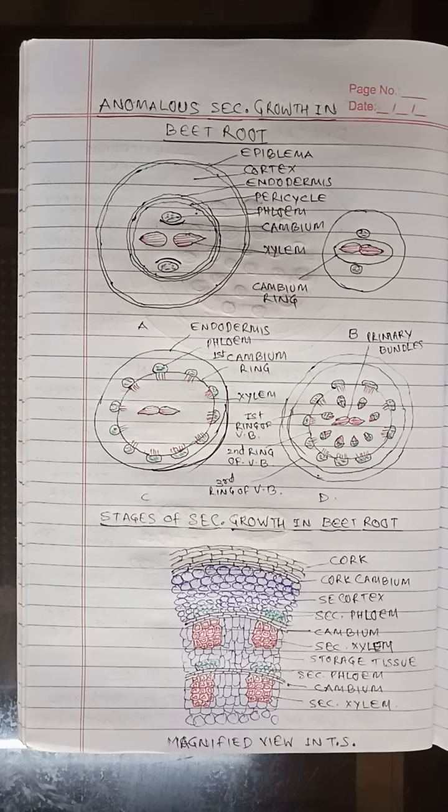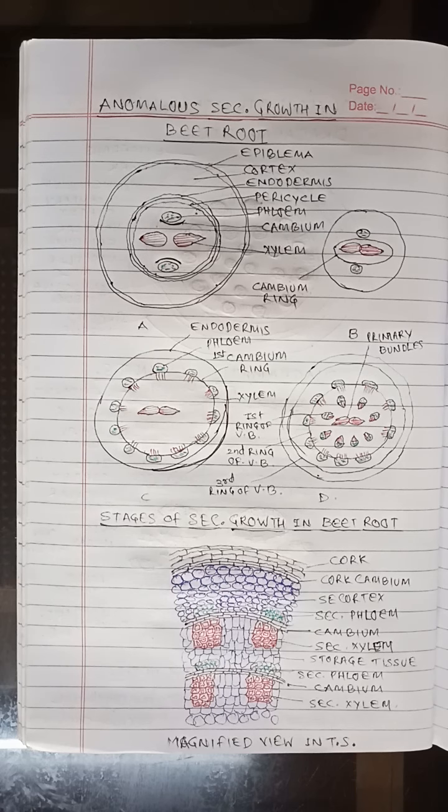After formation of secondary xylem and phloem, the cambium of the first ring stops functioning, and just outside the first ring, a second ring of cambium develops, and it functions as the first ring also. In this manner, a large number of successive rings of cambia are formed, and they form into a secondary vascular tissue as well as storage parenchymatous tissue.